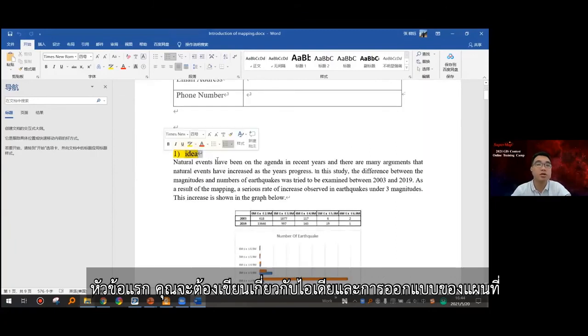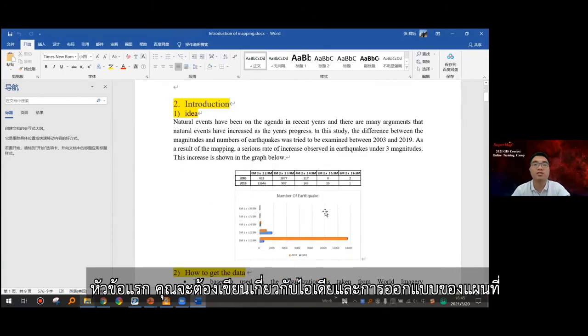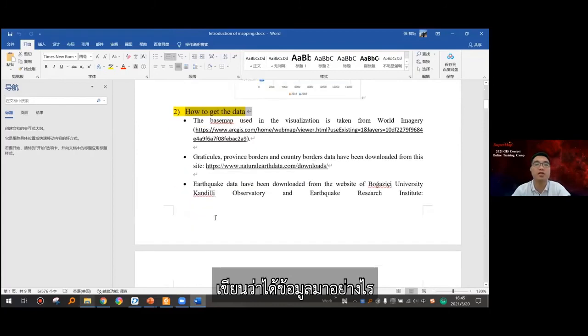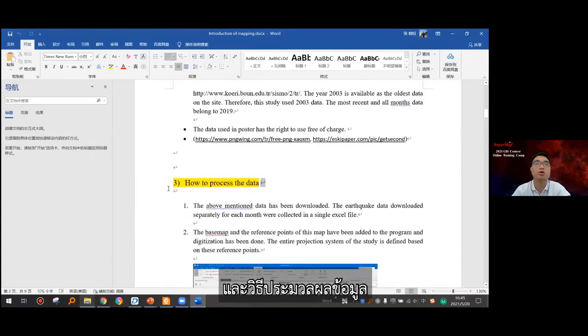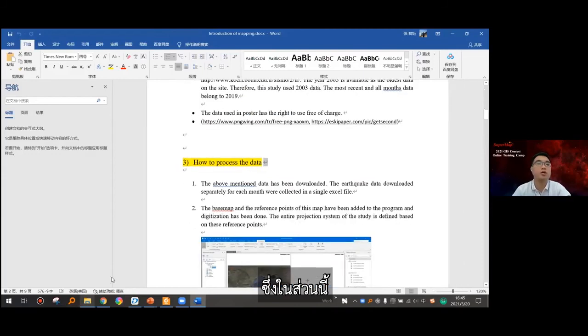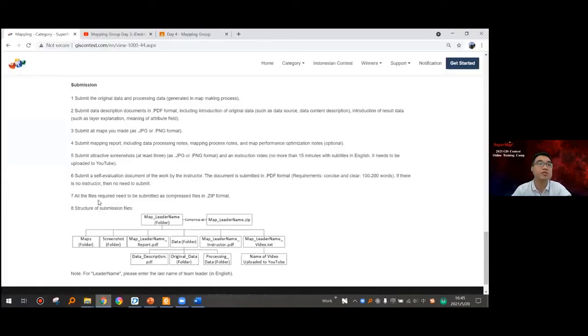In the first chapter, you need to write your idea or your design for your map. And then you write how to get the data and how to process the data. And in this part, you may find